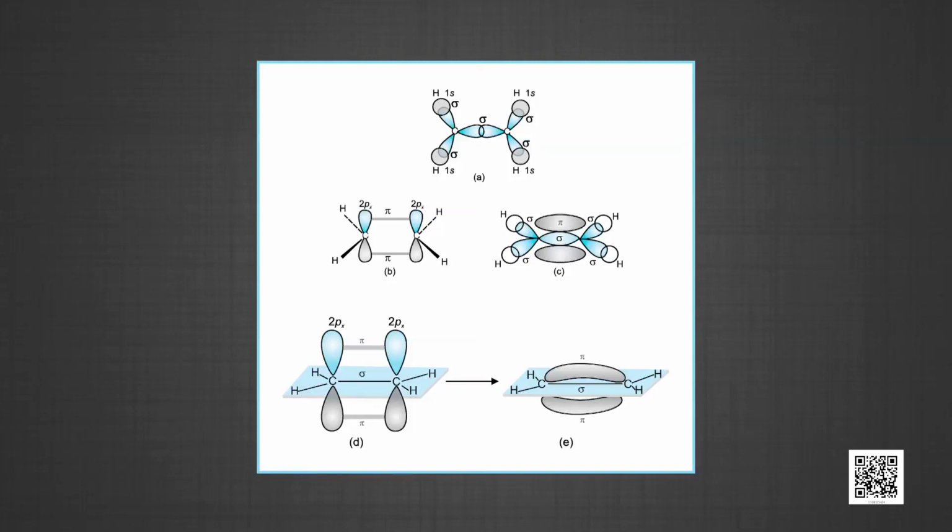The figure shows you the formation of sigma and pi bonds in ethene. sp hybridization in C2H2, that is ethyne. In the formation of the ethyne molecule, both the carbon atoms undergo sp hybridization, having two unhybridized orbitals, that is 2py